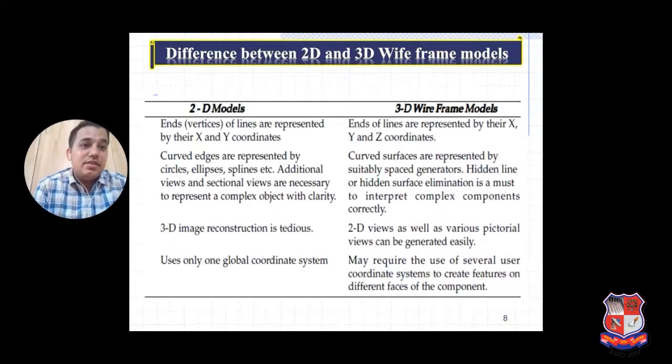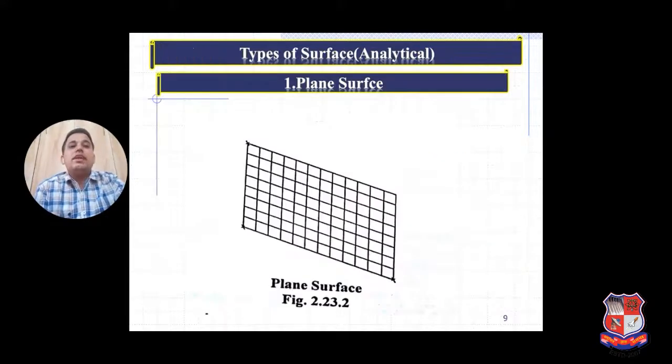And 3D may require several coordinate systems. We already learned that there are 3 coordinate systems: the world coordinate system, the universal coordinate system, and the object coordinate system. So it depends on that. Let's go ahead.